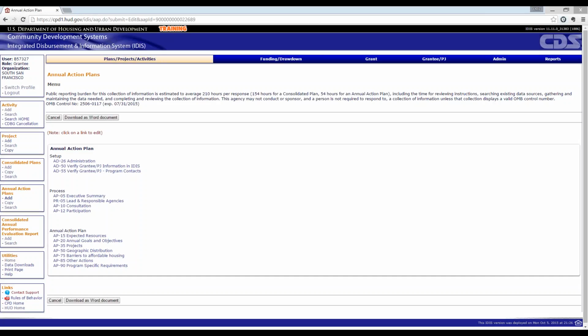There may be some people who have access to be able to create and submit a consolidated plan or a CAPER. There may be some people who just have access to edit an existing consolidated plan or action plan or CAPER. And then finally, there's access where you can't make any edits and you can only view a comp plan or an action plan or a CAPER.